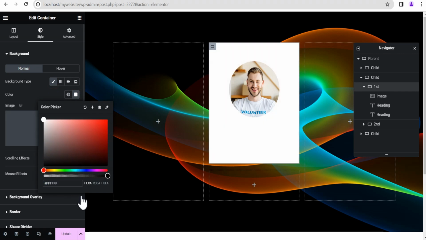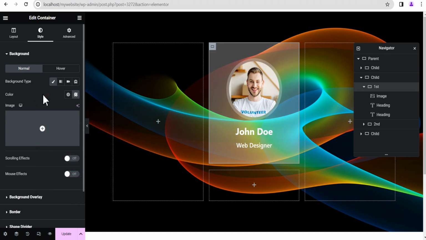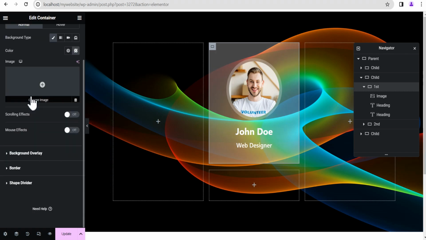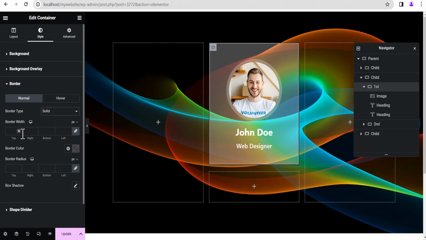Now that we've done that, next we're going to make this color a bit transparent, so we're going to drag this over here, so we'll have something like this. Okay, so now that we've done that, the next thing we're going to do is to come down here to the border, and then we're going to give it a border type solid, and then for the border width we're going to give it a border width of